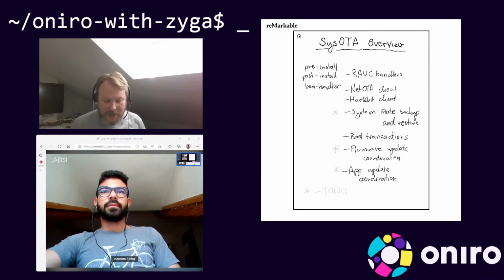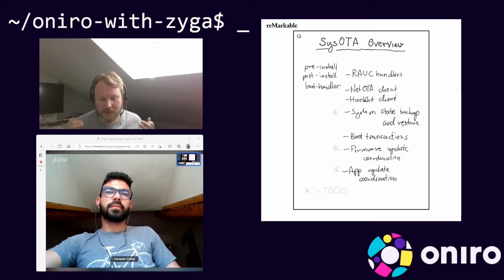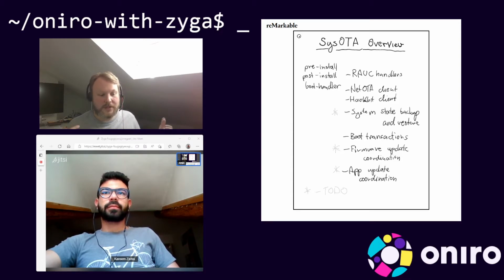And there are two things that have a star here because we've completely not touched this topic, but we know we're going to interact with those pieces, so they're in the scope of the same project. Is the updating of the firmware itself, like your BIOS or your cable